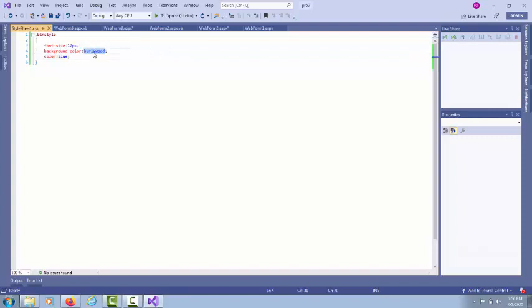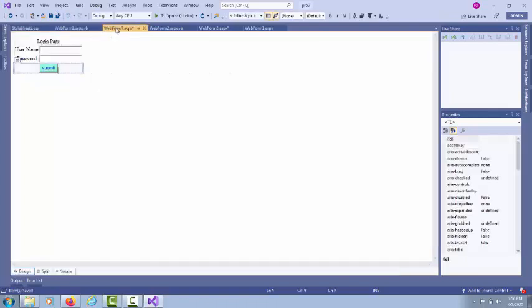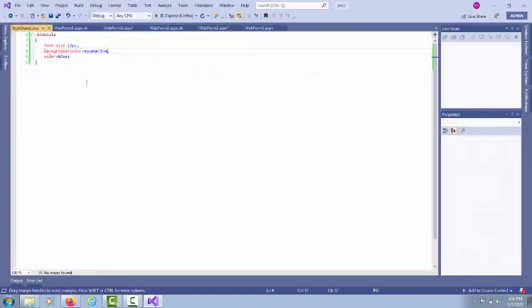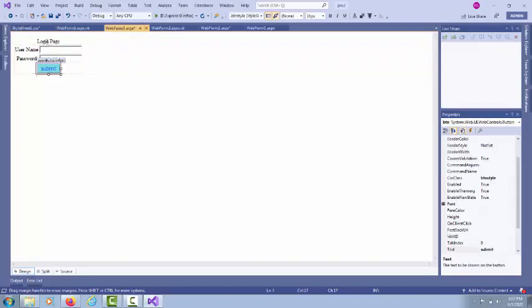The background color is not properly visible, so I change this background color and go to this particular form. You can see that all the things are changed. Font size I can increase up to 16 pixels, so you can see.